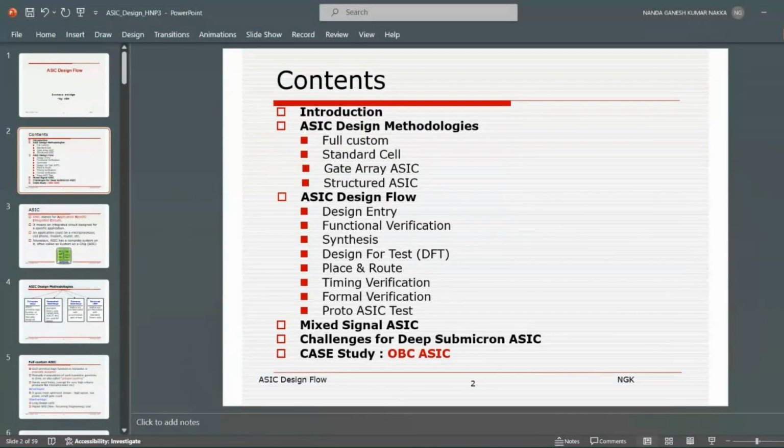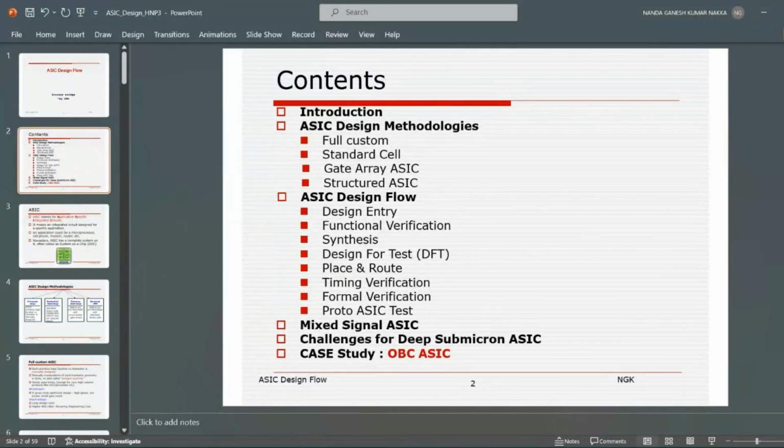What is the methodology that people in the industry use in different end products, the common ASIC design flow out of all the methodologies that we are going to witness, and how mixed signal ASICs are in the current designs,